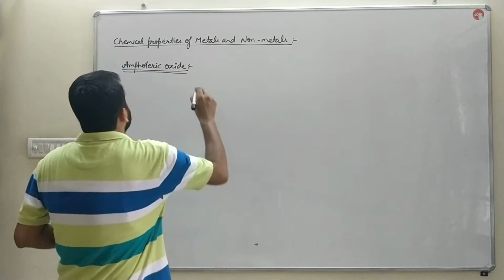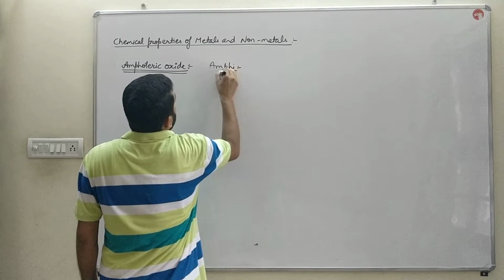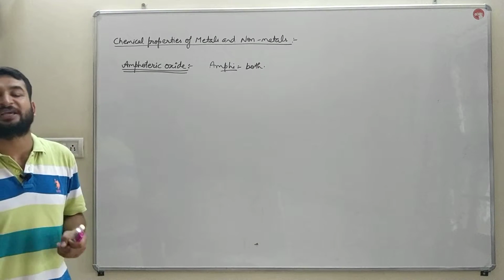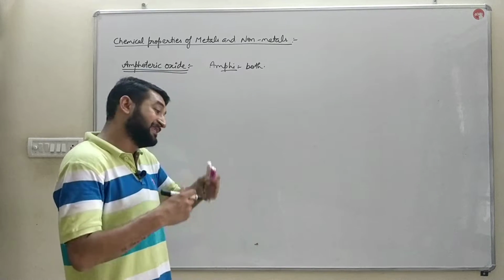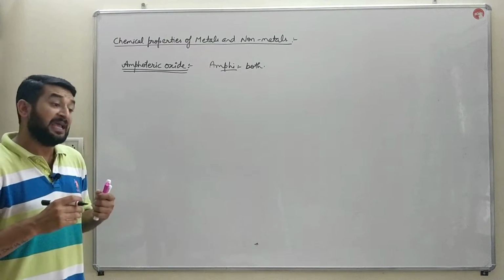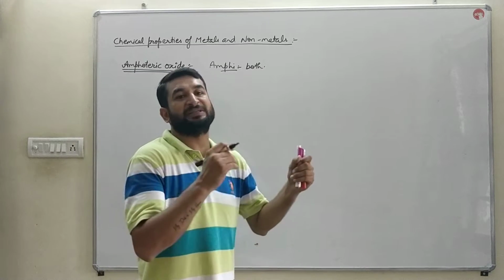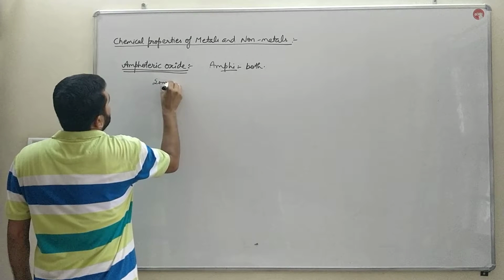The word amphoteric consists of a word that is amphi. Amphi means both. Both natures are shown by an oxide of metal. That is, it shows acidic behavior if a base is present with it, and it shows basic behavior if an acid is present with it. So, some metal oxides